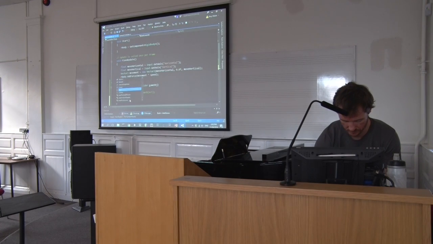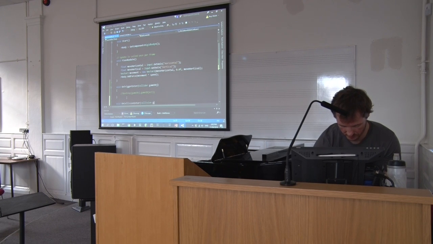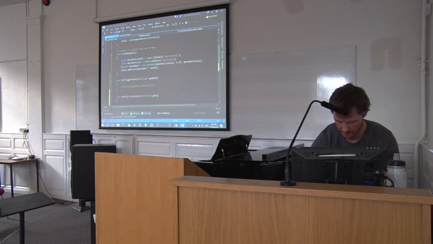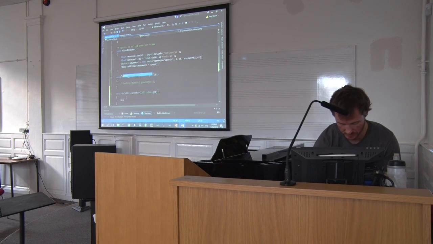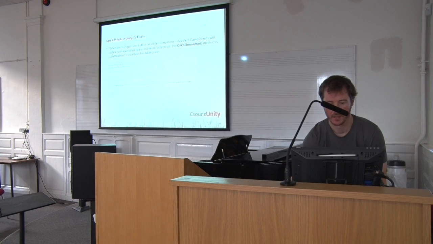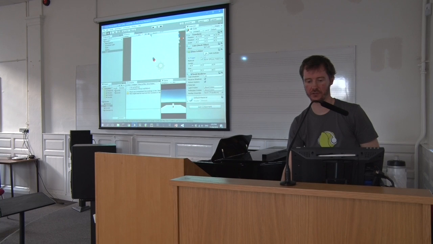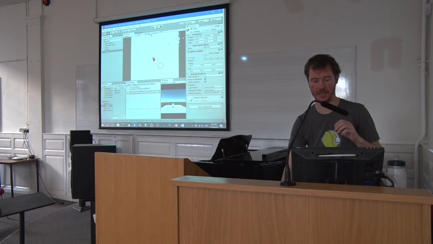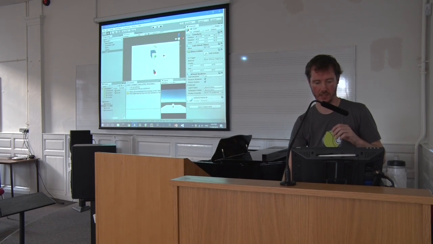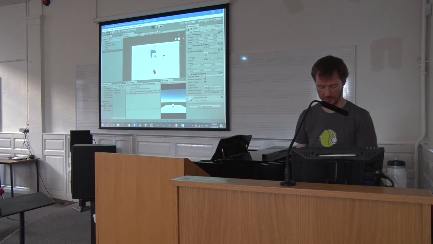So I can create one here, onCollisionEnter, and it takes a Collision, and I'll call this gameObject as well. And I'm going to do Debug.Log "hello". Come back to the game engine. I'm going to click on this cube and turn off isTrigger, because isTrigger helps it behave as just a trigger rather than some kind of physical object. So if I now collide with this object,